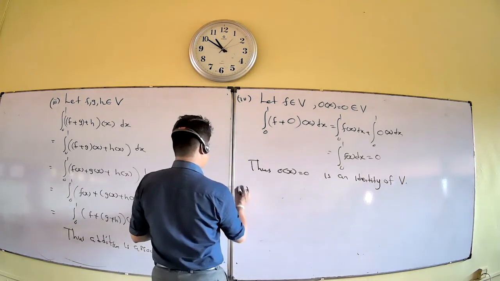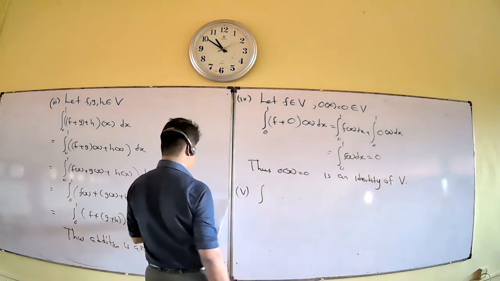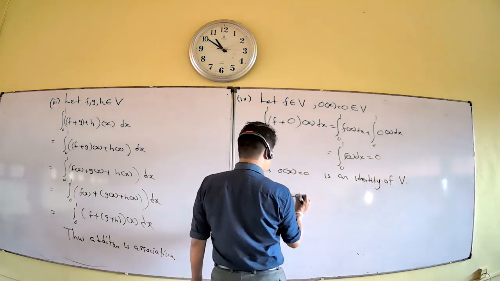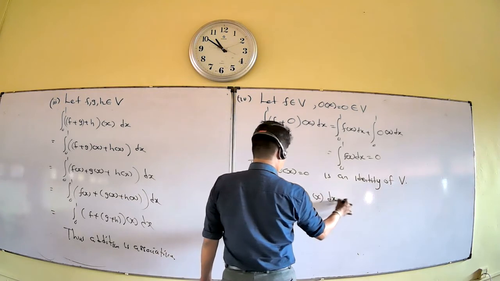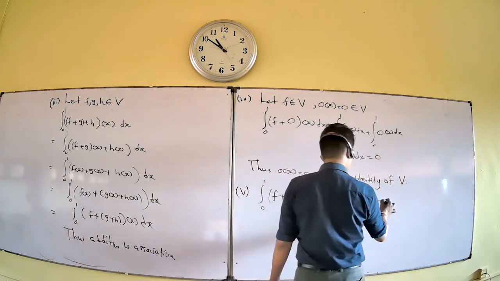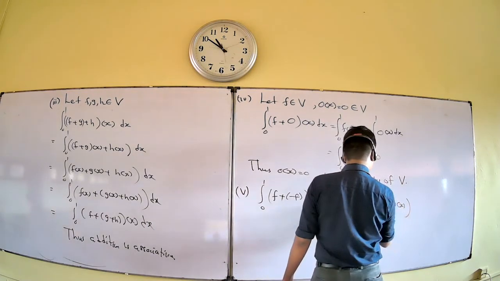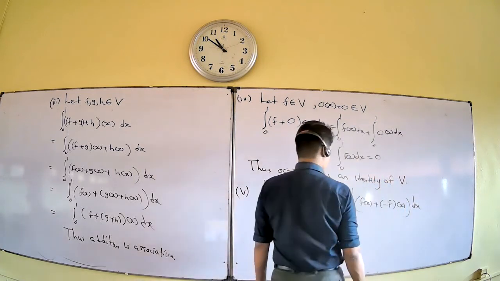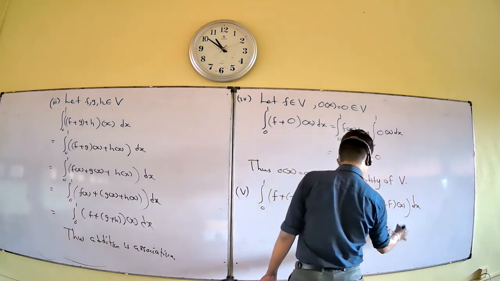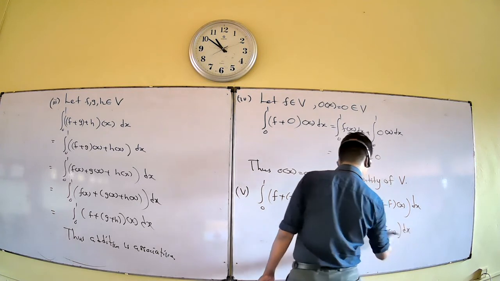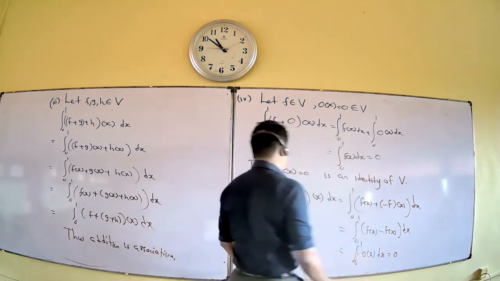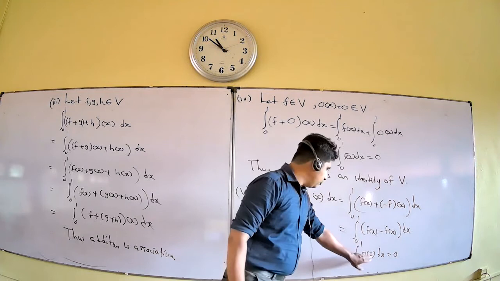So next one is you want to find the inverse. So the integral from 0 to 1 of f plus your inverse, you take like this, f of minus f of x dx. So it is the integral from 0 to 1 of f(x) plus minus f(x) dx, right? So it is the integral from 0 to 1 of f(x) minus f(x) dx. It is 0, that means the integral from 0 to 1 of 0 dx. It is 0. Therefore this one satisfies, here 0 is the identity.